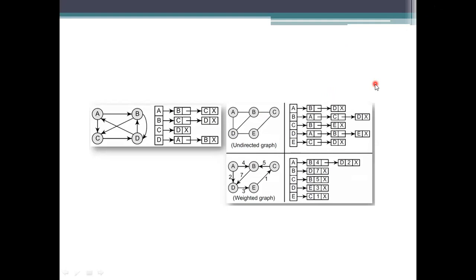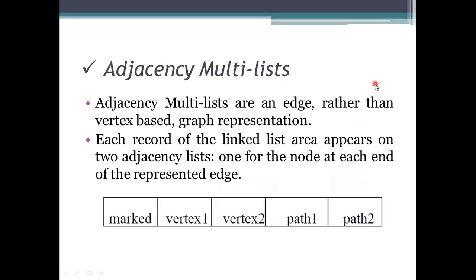Then how do I get the information of that edge? Here the multi-list allows you to take these two adjacency list formations. It has 5 parts in the head notation. The first one is marked. Marked means if it is visited, we specify it with a cross mark, a color, or any simple representation. Next is where it is considered from, that is vertex 1 and then vertex 2, and then the links connected to vertex 1 and vertex 2 other than the specified one.